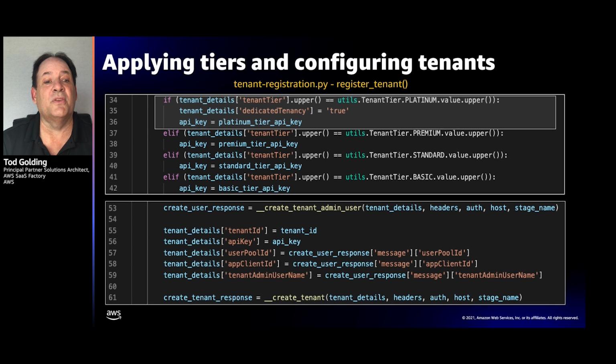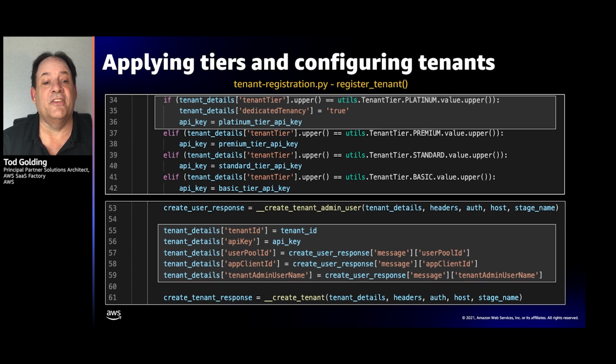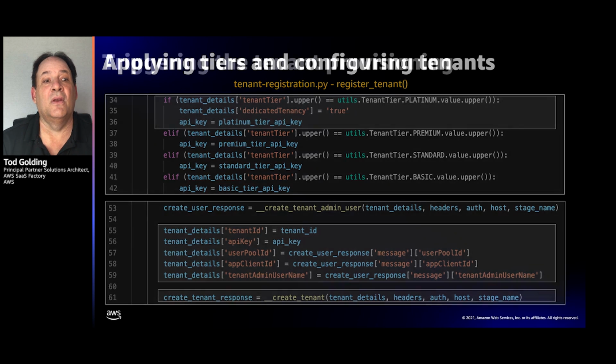And then later on, you'll see that we essentially go fill in all those attributes that we get back from setting up the user pool and all those other bits that are configured, and we essentially persist that information about the tenant by calling the tenant management service with all those different attributes. So you can see tier laced into this, and then you can see how we're capturing all this configuration data and storing it in the tenant, and then later on we'll come back and reference it.